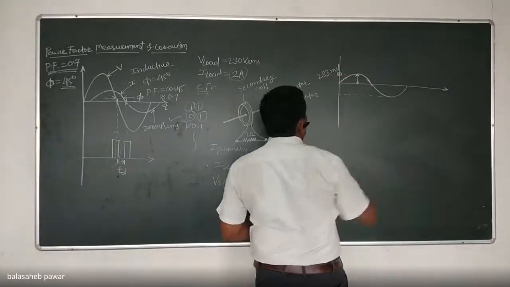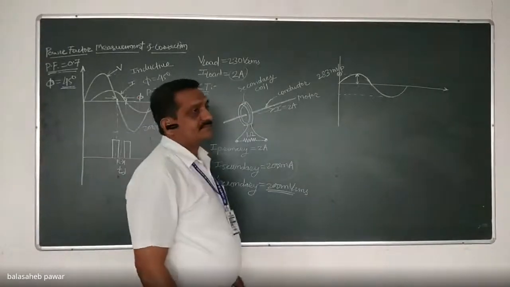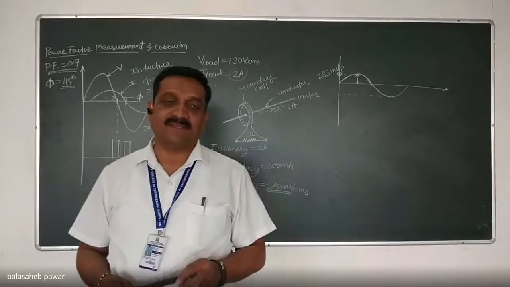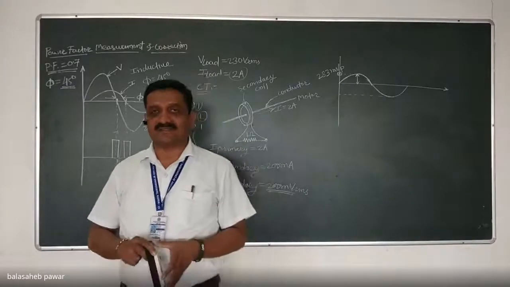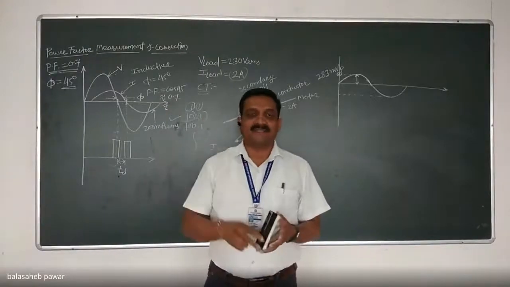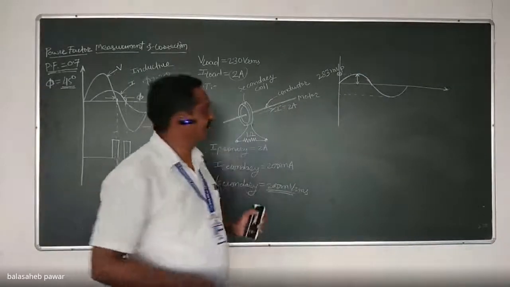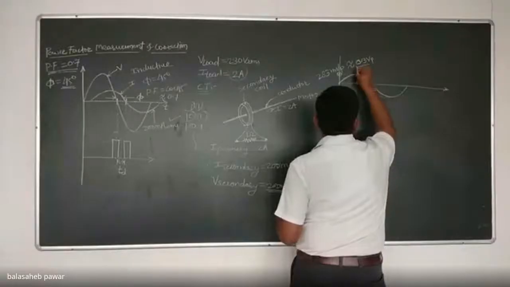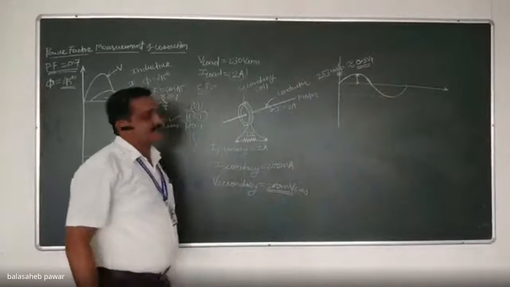We will round it off to 300 millivolt peak, right? Or we can say it will be 0.3 volt peak approximately. Actually, it will be 0.283 volts. So approximately it will be how much? 0.3 volt peak. Yes? Are you agree? Okay. Purposely, I wrote it in terms of volts instead of millivolts.